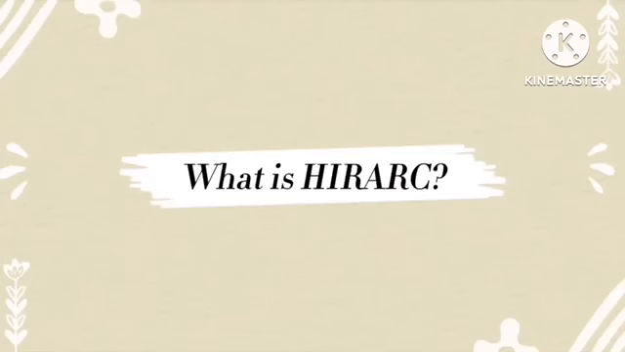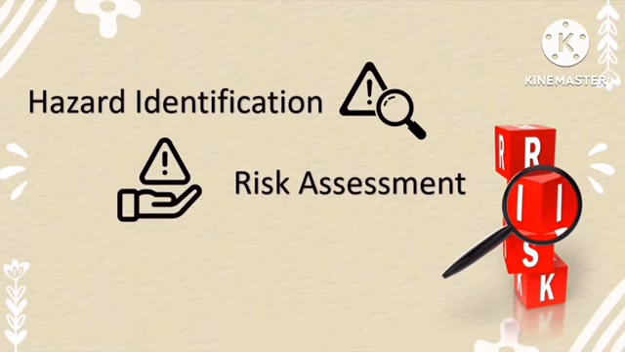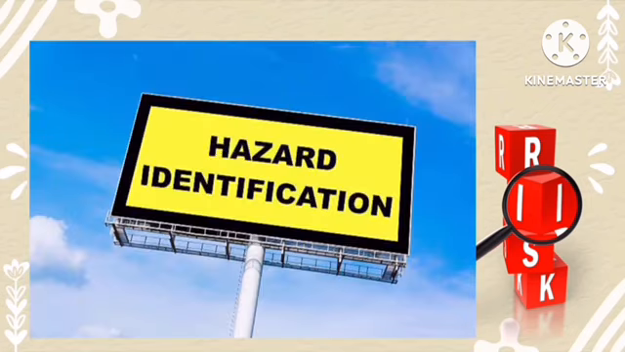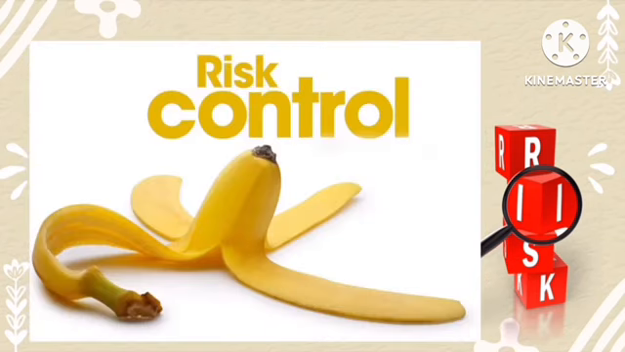What is HIRARC? HIRARC is comprised of hazard identification, risk assessment, and risk control. Hazard identification is the recognition of a thing which may cause injury or harm to a person. Risk assessment is looking at the possibility of injury or harm occurring to a person if exposed to a hazard, while risk control is the introduction of measures which will eliminate or reduce the risk of a person being exposed